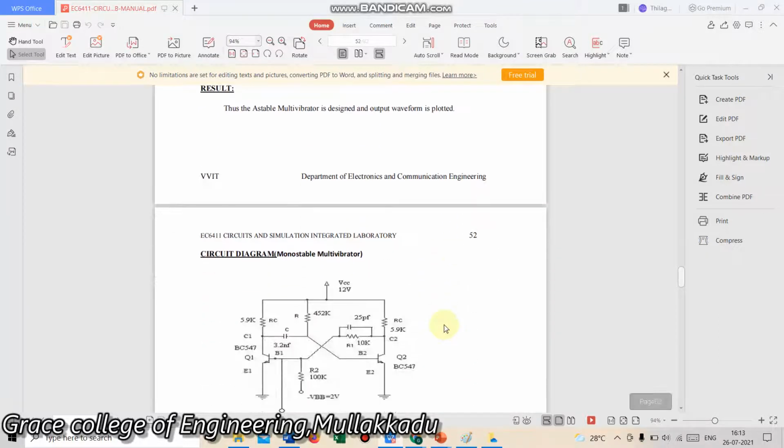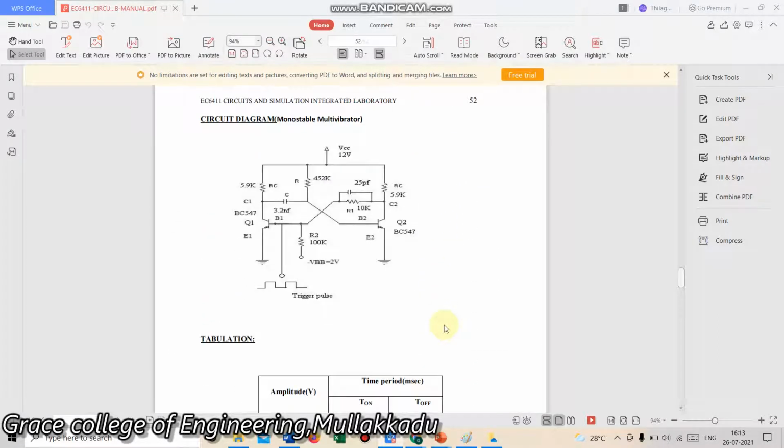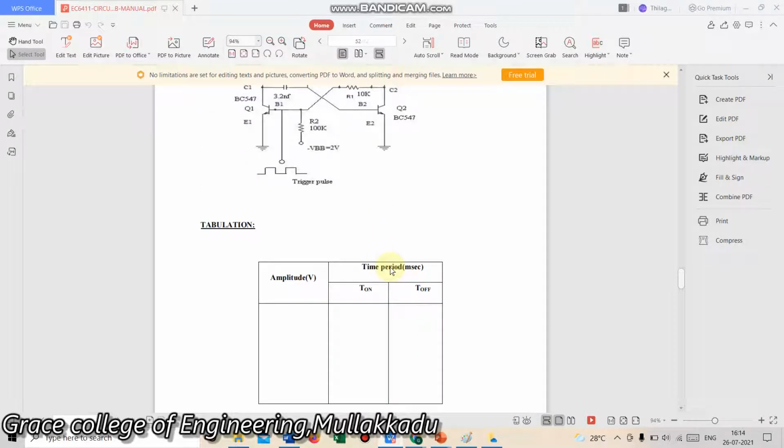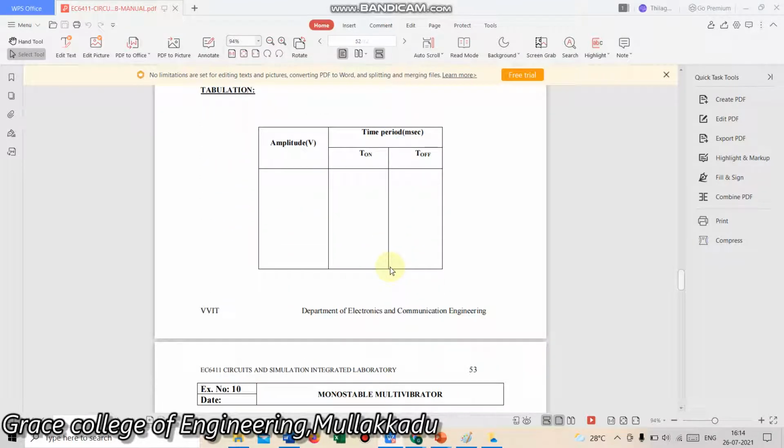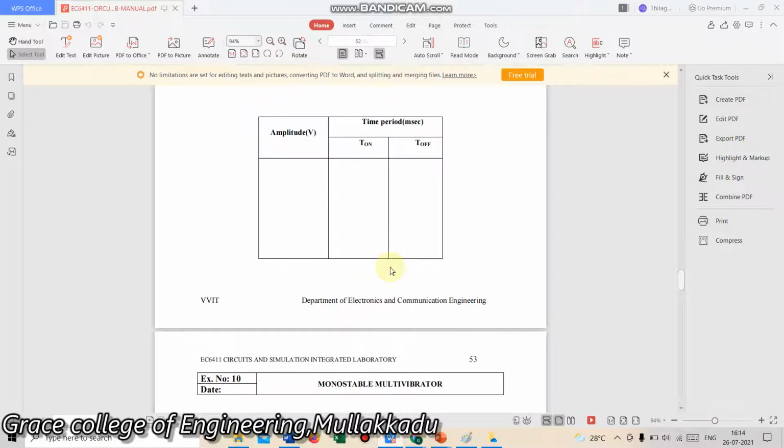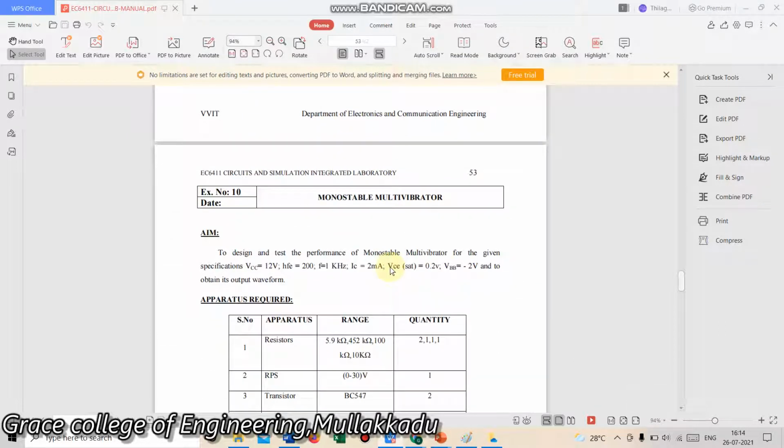Next we are going to see about the monostable multivibrator. It has one quasi-stable state and one stable state. Here one BJT, at its base, is given a triggering pulse, and the other transistor Q2 base is not given any triggering pulse. In the first stage RC is connected in series, but in the second stage RC is connected as a parallel network. We have to give one triggering pulse so that it moves from the quasi-stable state to the stable state. Next it moves from the stable state to the quasi-stable state, so that we can obtain the square wave as an output, and we can calculate the T on and T off period of the square wave, and we can measure the amplitude.